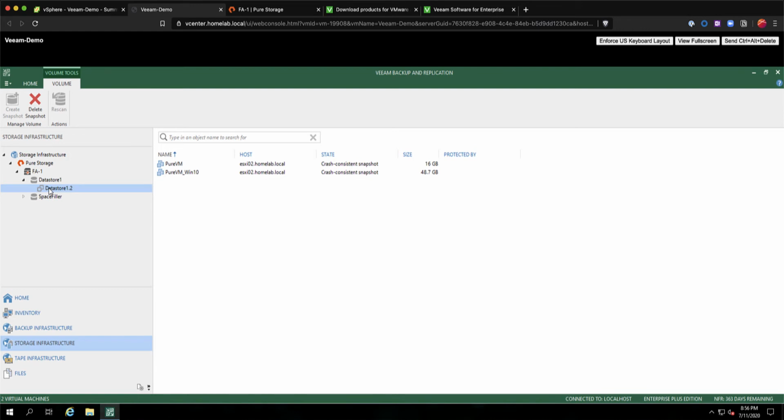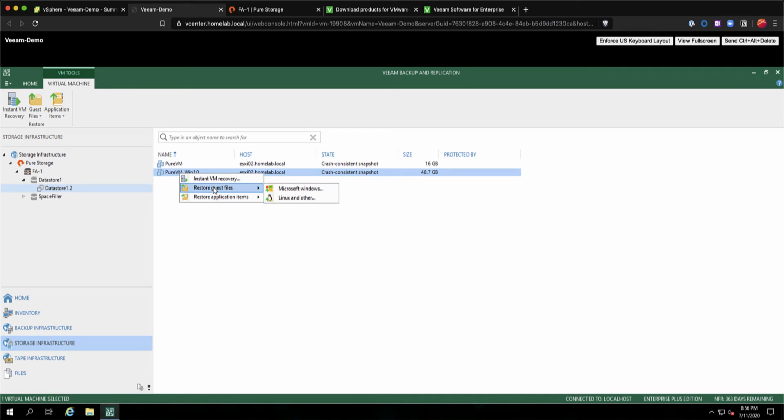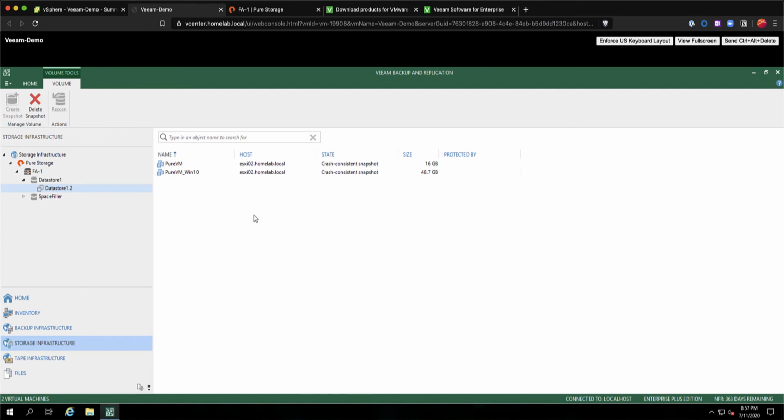That means if I already have snapshots in my environment, I can go ahead and leverage Veeam to restore from them. I don't have to restore only from snapshots that were created by Veeam. Sure enough, here's a couple of VMs. I have a Linux VM and a Windows VM. If I right click on either of these, I see the options for instant VM recovery, or I can go ahead and restore individual guest files. All right, I'm not going to go into that now because the next thing I want to do is